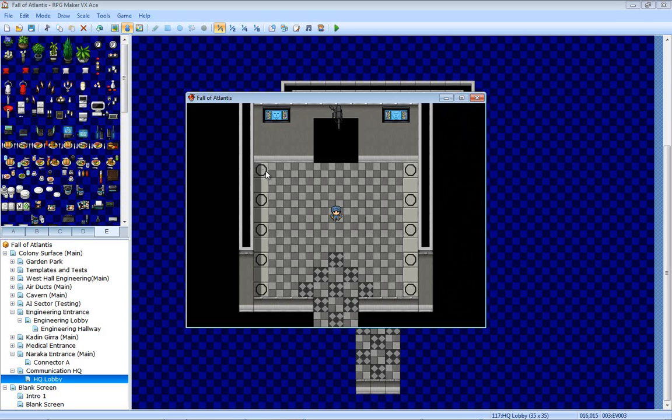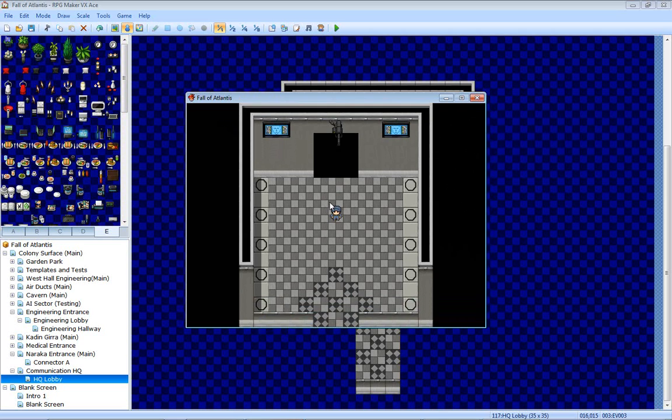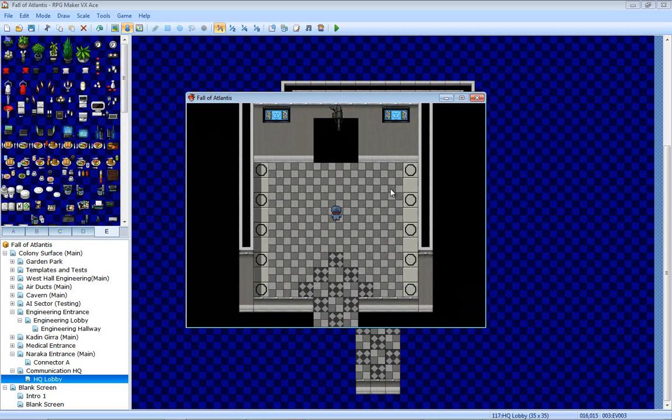I'll probably just try to animate it so that these slide open, and then laser beams will shoot out of them, or something like that. Maybe grenades will pop out. Again, it's kind of whatever I can come up with. But I do like how this looks. However,